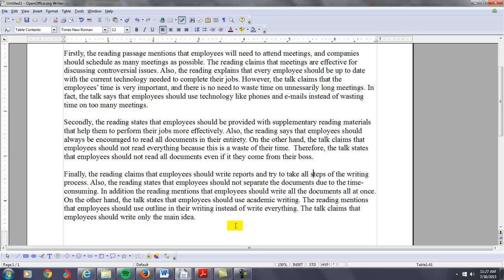I think we're good there. You say, finally, the reading claims that employees should write reports and try to take all the steps of the writing process. This is not, I would say, "and try to use all the steps of the writing process." Also, the reading states that employees should not separate the documents due to the